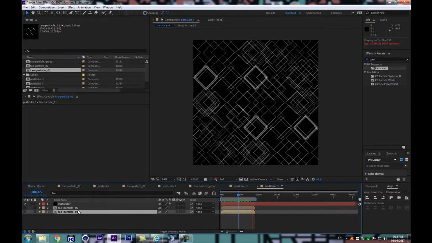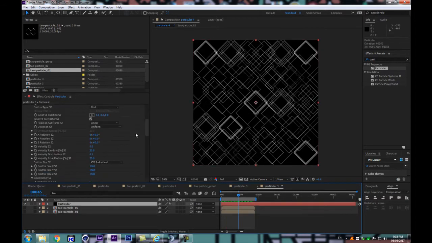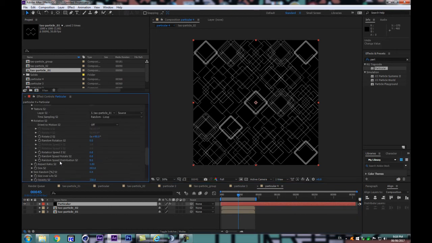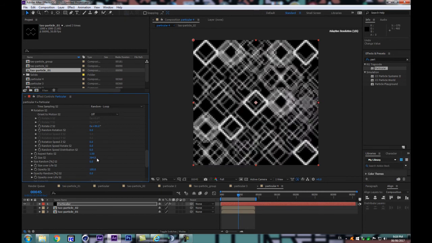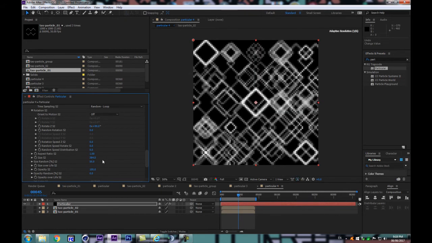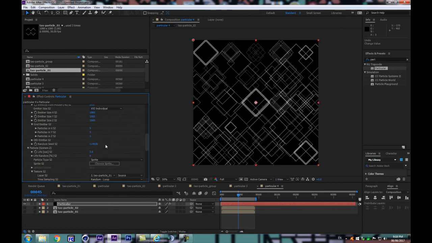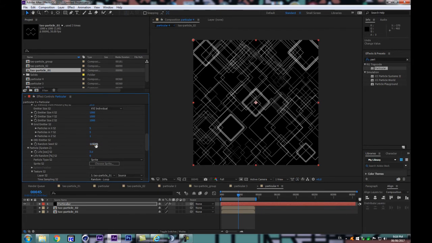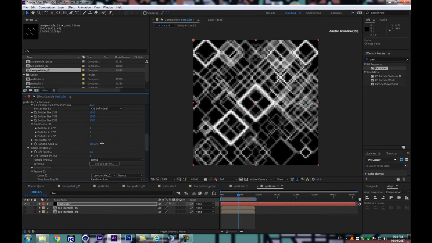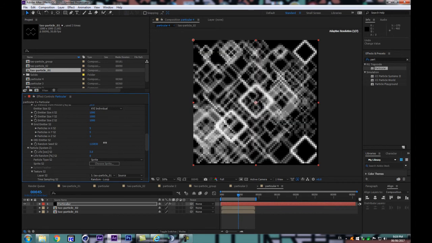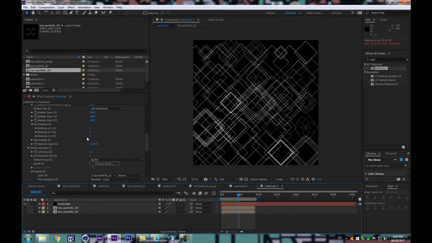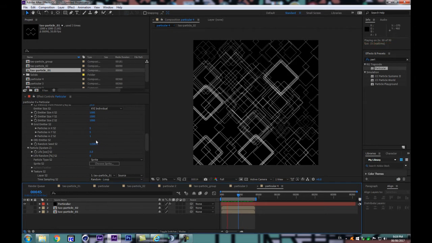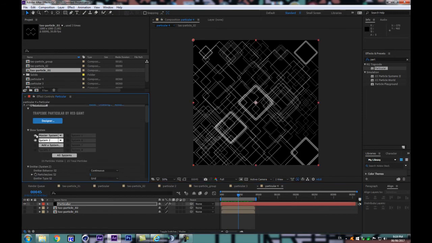So maybe I like that. Maybe I want to add a little bit more of randomness on the size. So let's get a particle in our second system and let's increase the size random there. If I change the random size, now the seed will change something. That's why I used to be able to change the seed. Alright, so let's put a little bit of randomness in the size, so then we can bring back our master system,